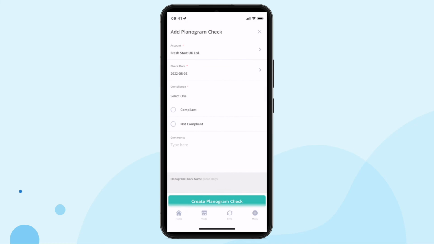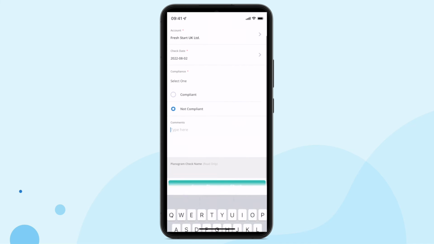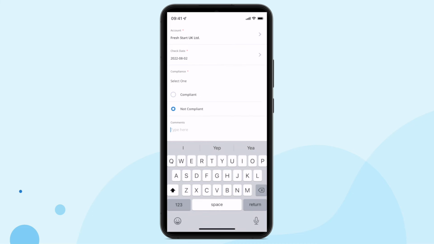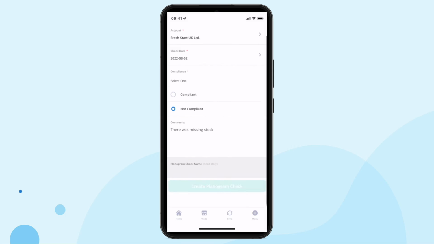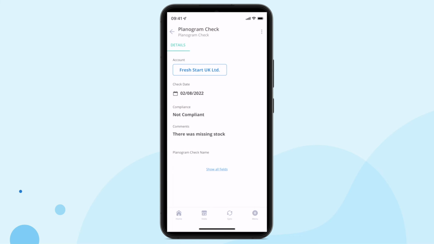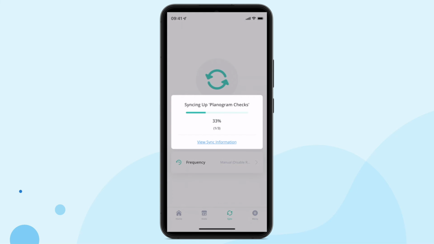And I'm going to say that it actually was not compliant. And I'm going to say the reason why it wasn't compliant is there was missing stock. And I'm going to go ahead and save that. So now that's saved, and I can push that back up to HQ, quick as that, and now we've got